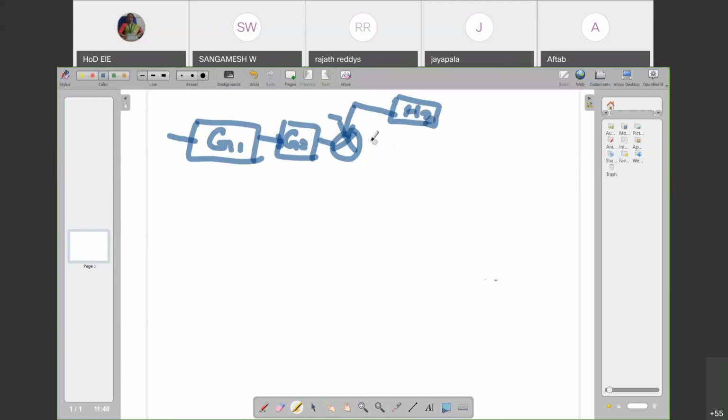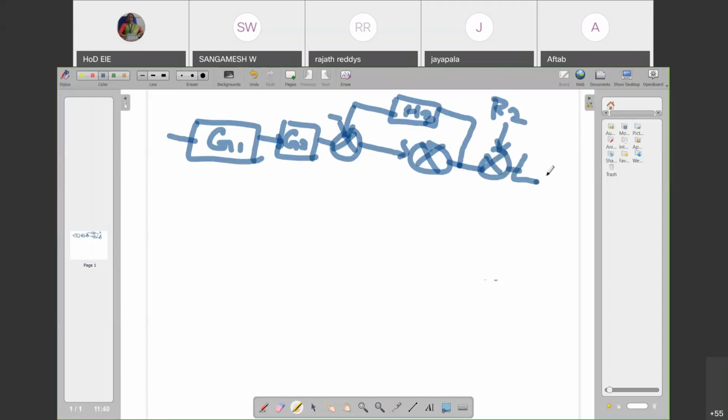Another forward path has another summing element, and this H3 is getting its output there. Then you have another summing element with R2 as input, after which you have